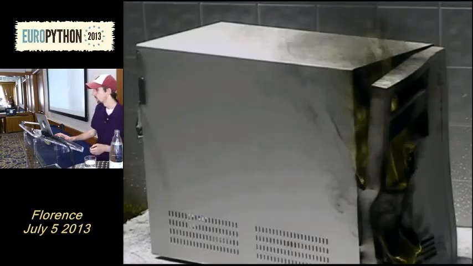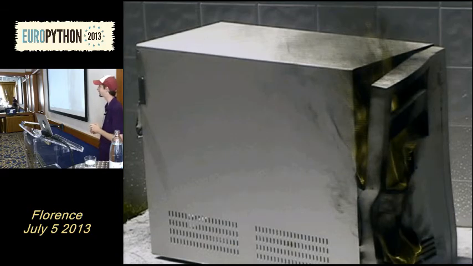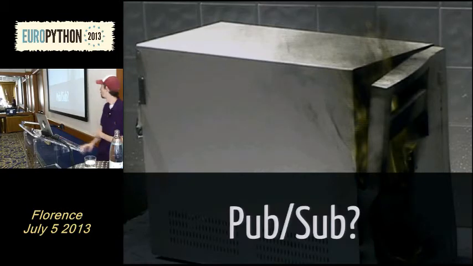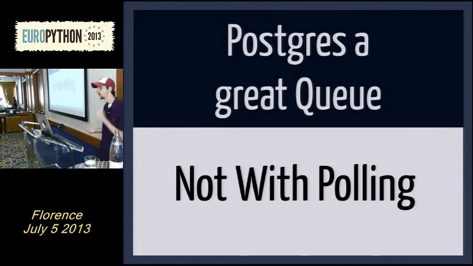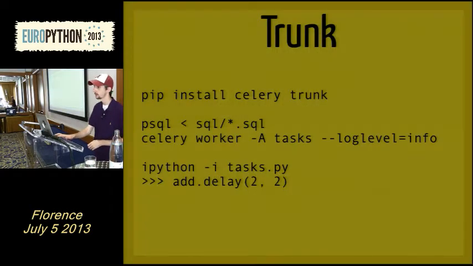So queuing. Most of the time when you do queuing inside your database, it looks like this. If you do Celery and Kombu, it's going to die at some point. Most people then go to Redis or RabbitMQ or something like that for their queuing, which essentially are pub/sub. But Postgres, of course, has this ability as well. It's really a great queue, just don't do polling with it. So Postgres has something called listen notify. Listen notify is the same pub/sub that you would expect. It's just inside the database.